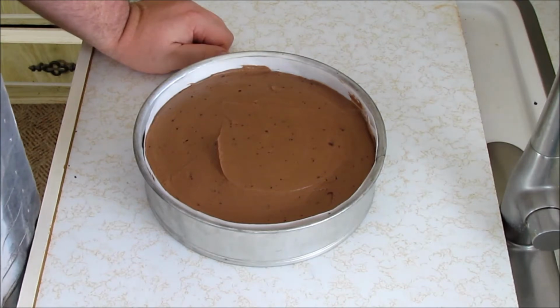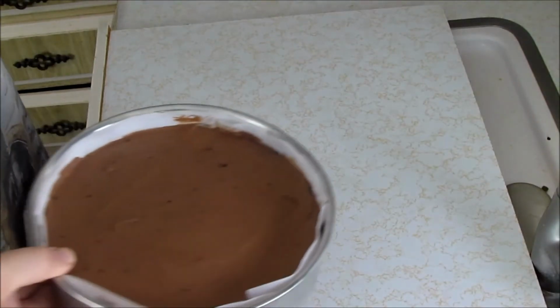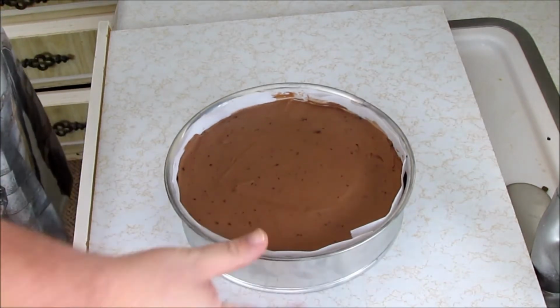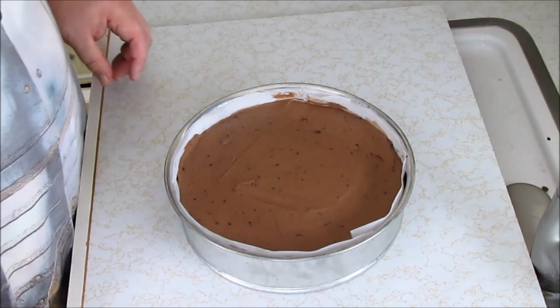Okay, we're going to pop this sucker in the fridge. We're going to pop this in the fridge for about 2 hours and let it fully set. Alright, you guys, check it out. Chocolate mousse cake. Coming out of the fridge after about 2.5 to 3